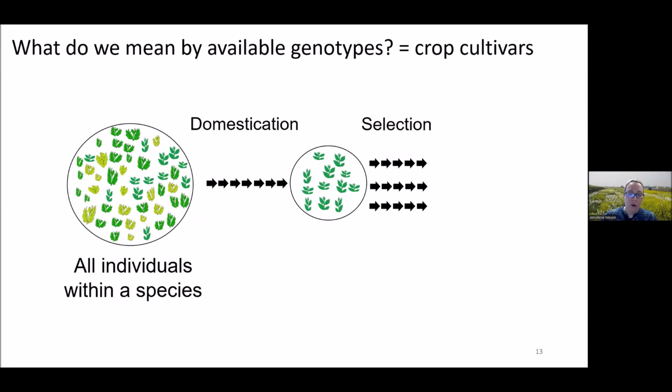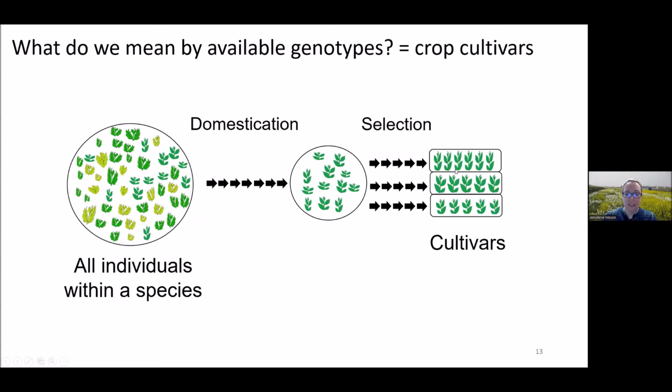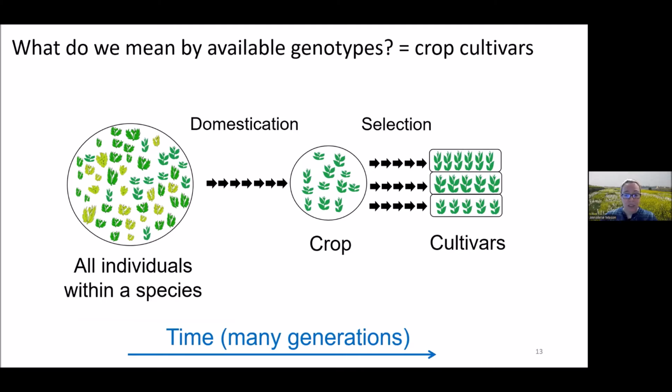And then we have a further selection process. Each arrow is representing many generations, by which we get cultivars. Cultivars means genetically similar or homogeneous lines, which can then be directly sold to farmers. So cultivars are basically the end product of the breeding process. This takes many generations, so this is not a fast process, but it's been quite successful in producing modern